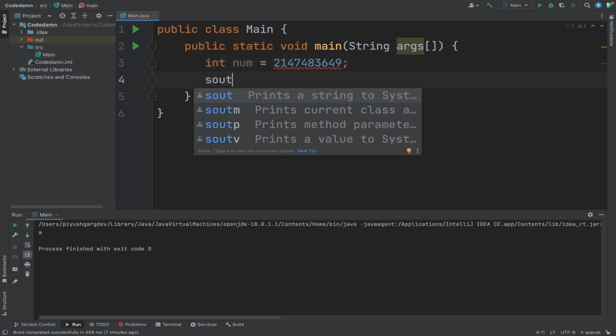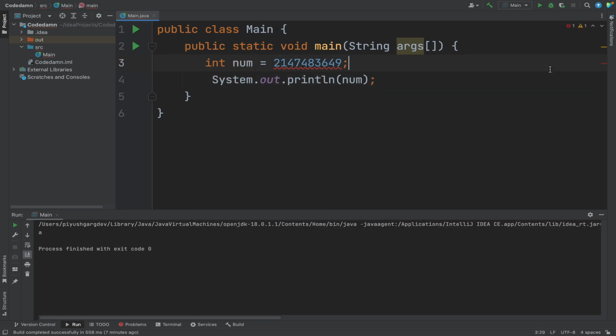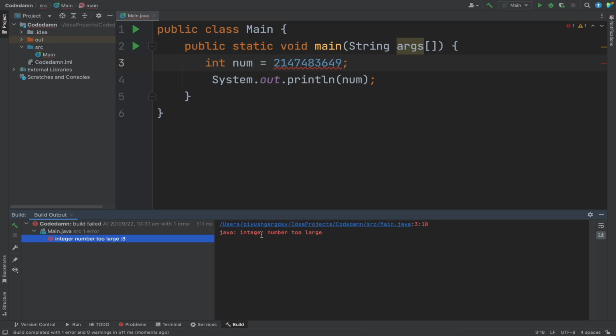So let's say System.out, and I'll say num. Let's try to run this program. As soon as I run the program, I'm getting an error: Java integer number too large. I'm not able to store this number in the integer. Now what's the solution? We have really advanced computers and we can't just store this number